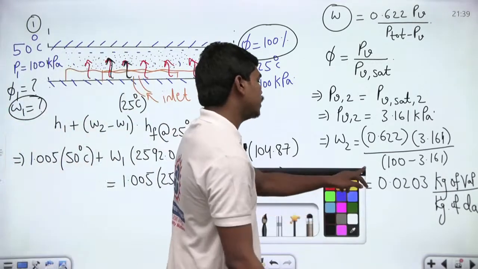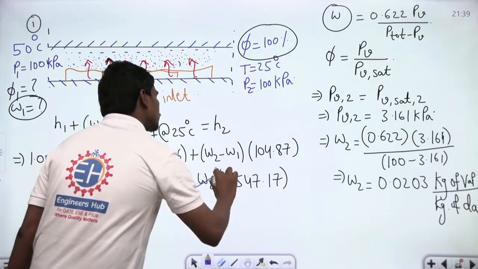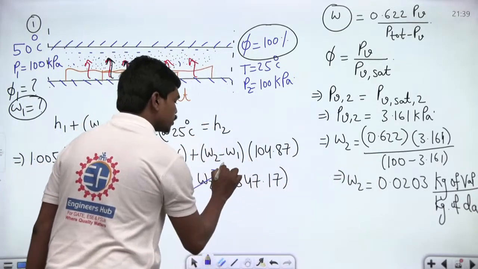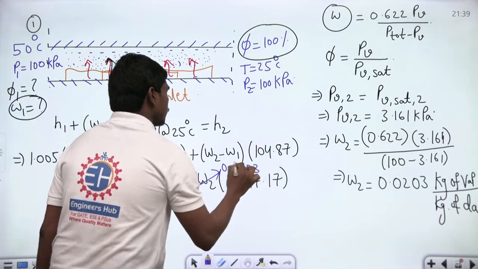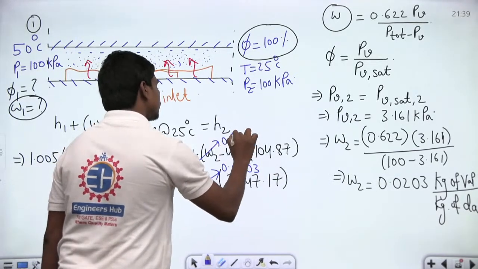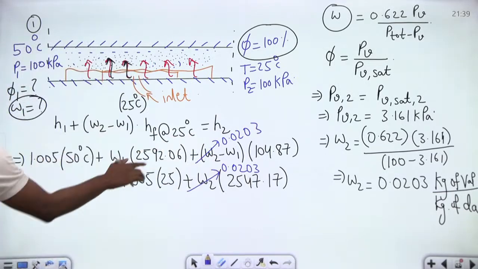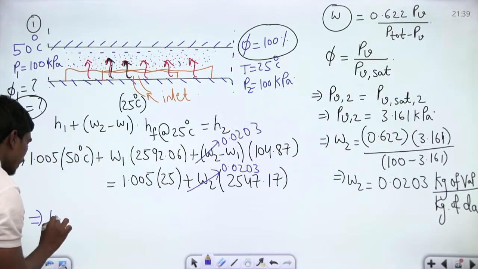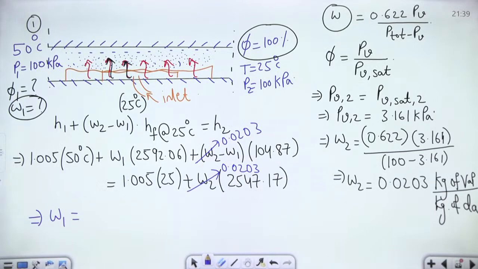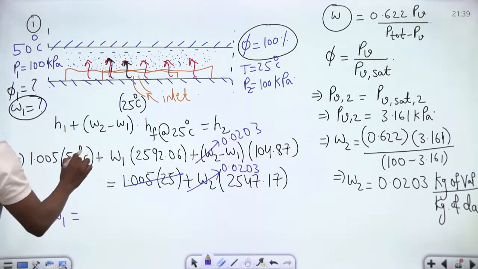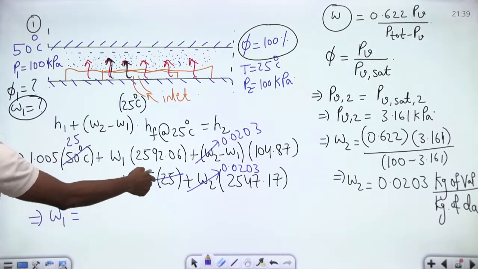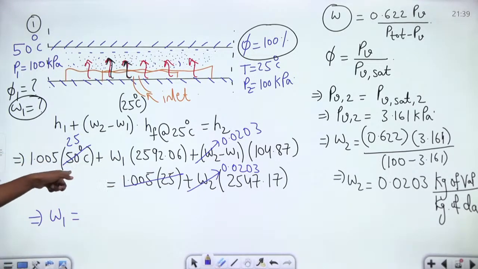So let us see what are the things that we know. Omega 2 is known to us, which is 0.0203. Here also we know omega 2, which is 0.0203. Then this is only a single variable equation, which is omega 1. So let us try to calculate omega 1 from this equation. You can cancel these terms, and this 50 becomes 25 here, because 25 times 1.005 will get subtracted from 50 times 1.005. So this omega 1 is equal to,